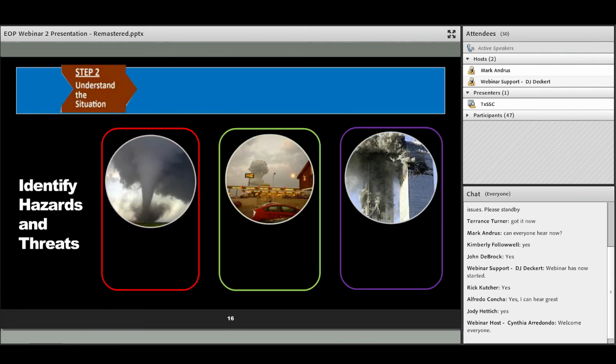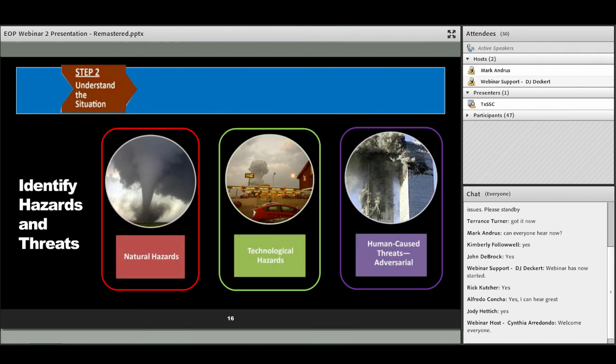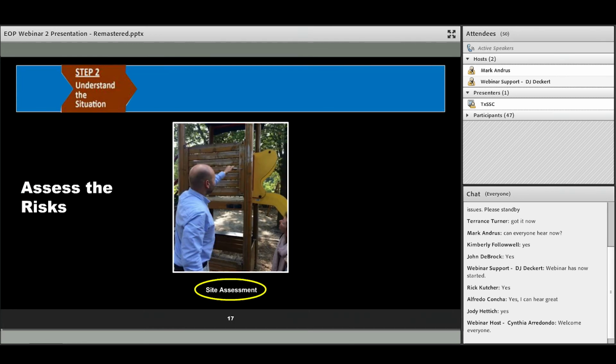And when you're assessing your risks, you're going to need to make sure that you understand all of those different components in your area. Got behind on the slides here. So when you're assessing the risk, you'll usually do a site assessment. Site assessments are also included within your audit process. When you're visiting the sites, you're going to be able to look at very specific functions and processes in each one of those sites.